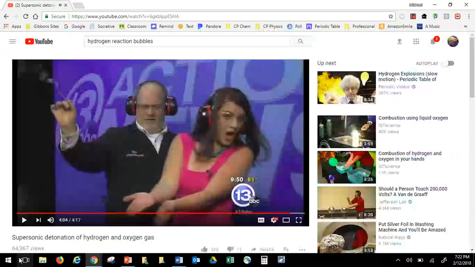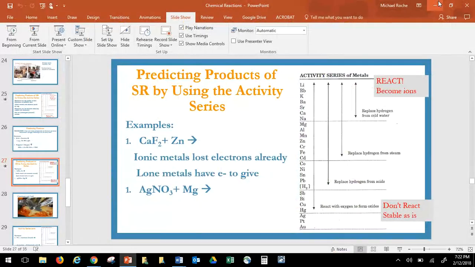All right, I forgot to show you that, but that is what happens when you have hydrogen oxygen in water. All right, so hopefully that's something to help you study tonight. Oh, that's not what I meant to do. Here we go. Now